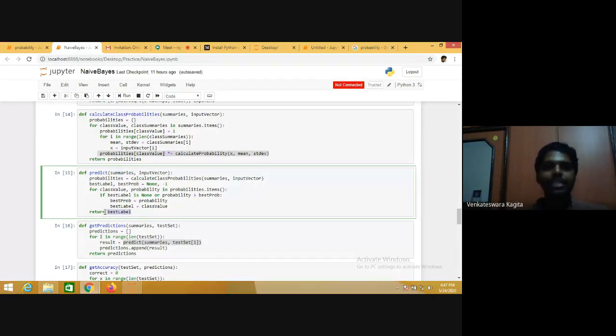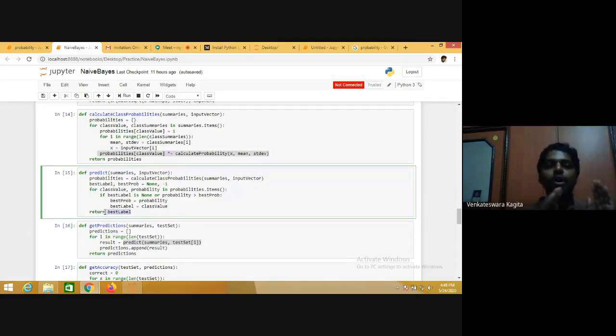Just to summarize, in predict you are calculating the class probabilities. It means, what is the probability that it is yes, what is the probability that it is no. This depends on the different attributes. For each and every attribute value, what is the probability that it belongs to yes and what is the probability that it is no, based on the underlying probability distribution. Once you get the individual attribute probabilities, you multiply all of them and get the class probability. You do this for multiple classes, class 0 and class 1.